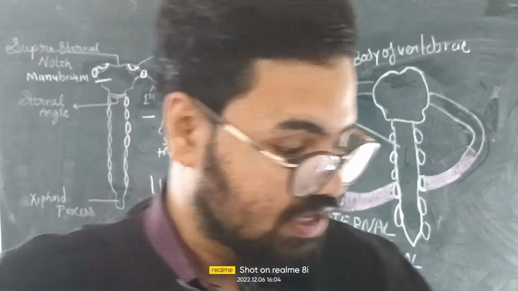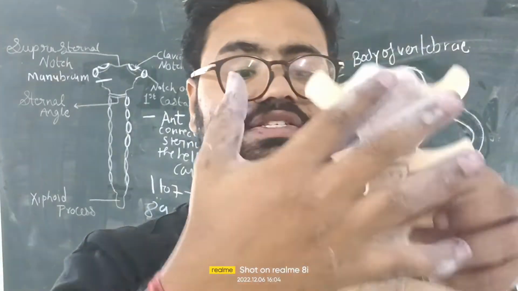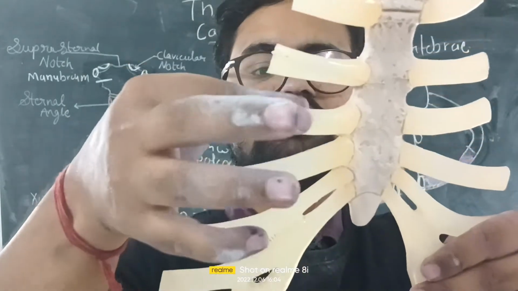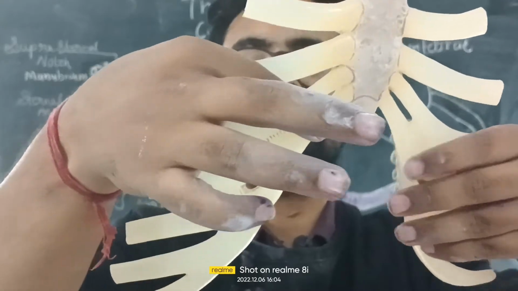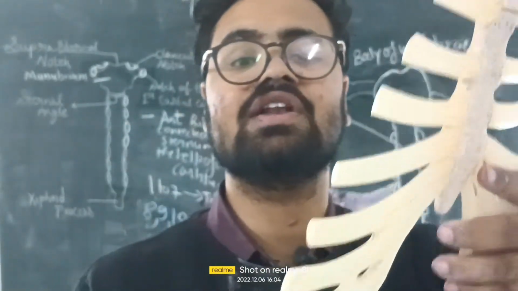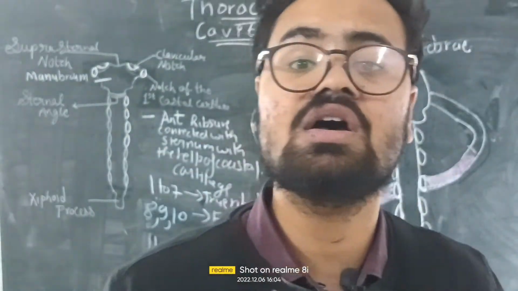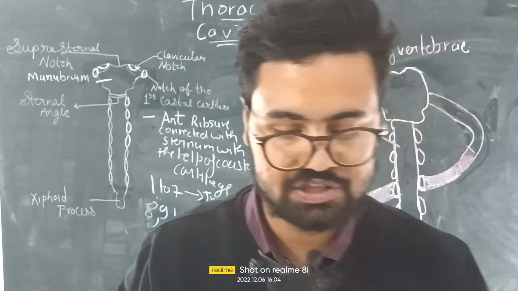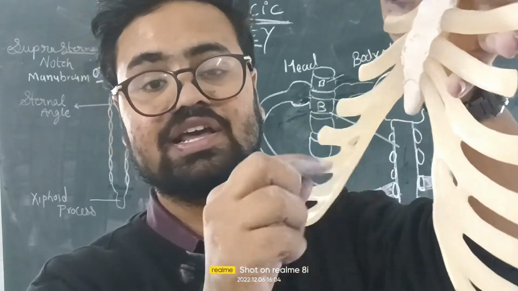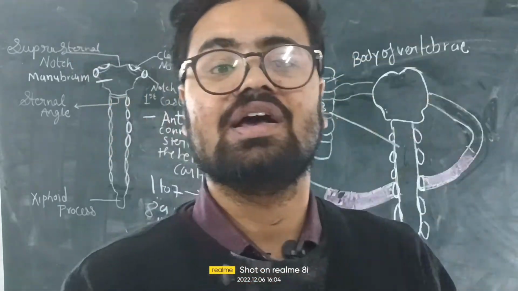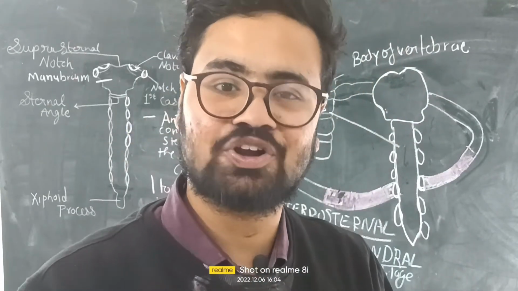Now I will give you a general introduction about the sternum. See, this is the sternum. Again look, first, second, third, fourth, fifth, sixth, seventh. These 7 ribs are the true ribs, but the 8th one, 9th one and the 10th one are not directly attached with the sternum, but are attached with the costal cartilage of the 7th rib. The angle between the 7th costal cartilages is termed the subcostal angle. So I will talk about the basic anatomy of the sternum.